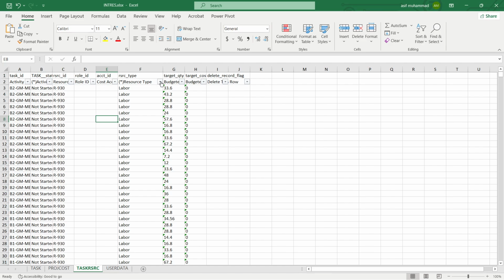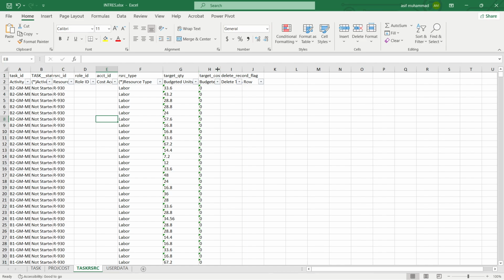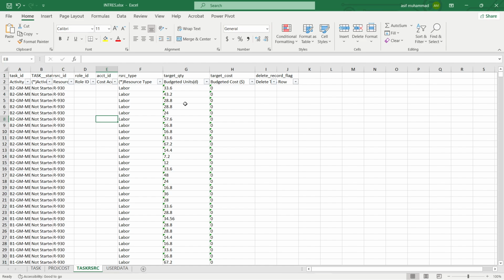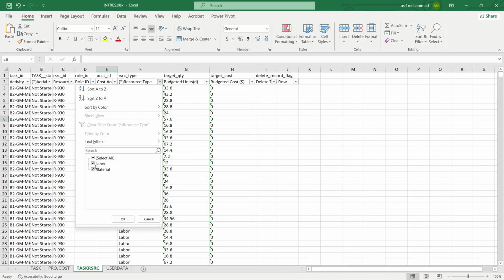This is resource type. Then we have budgeted cost, budgeted quantity, and budgeted units. Here, if I go to resource type and drop this down, now we have two types of resources. Already we assigned labor resources, and the other we made for the material. So material is a new resource. I just uncheck this labor, and it will show me only the